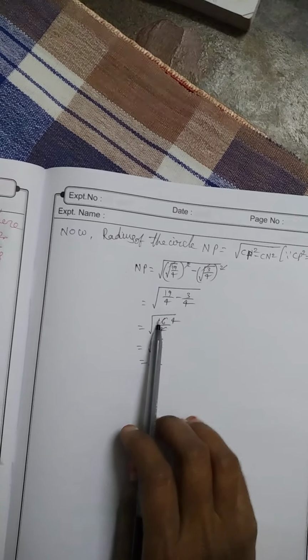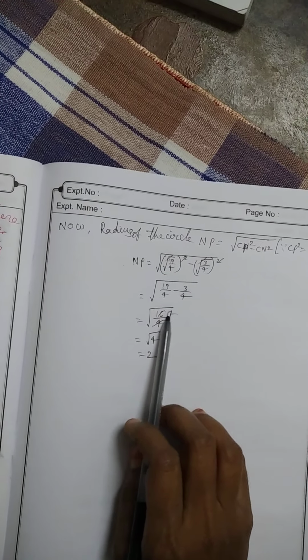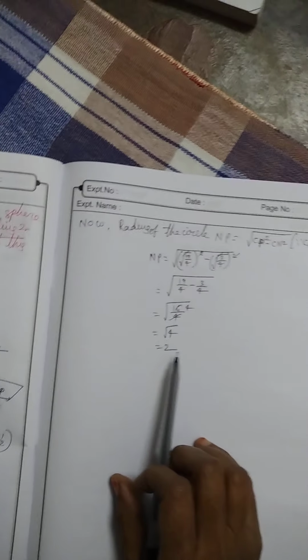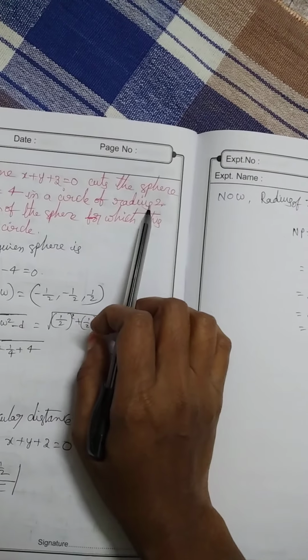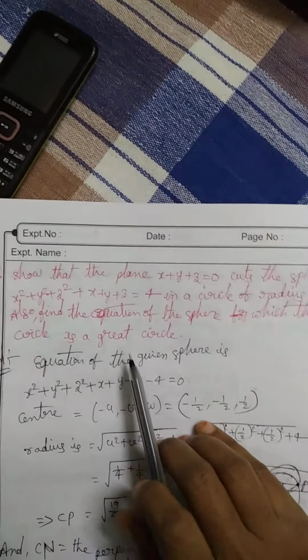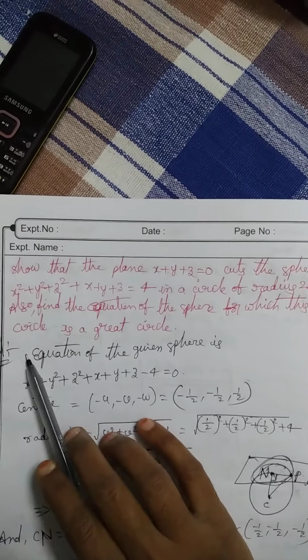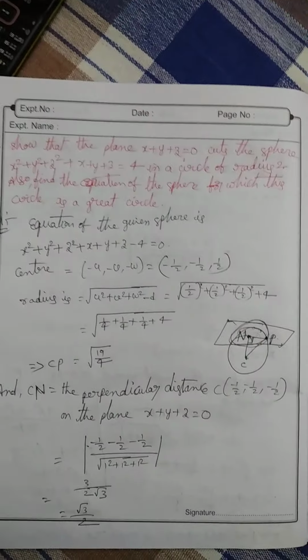Now 19 minus 3 equal to 16, 16 by 4 means 4, root 4 means 2. Therefore the radius of the circle is 2 units. We showed that. Now we have to find the equation of the sphere for which this circle is a great circle. For that,